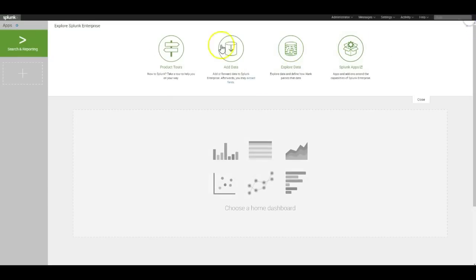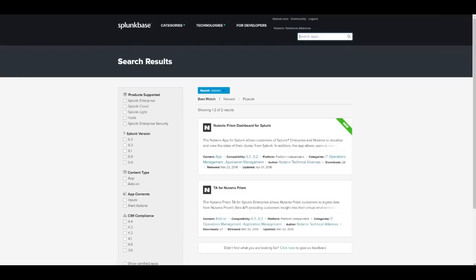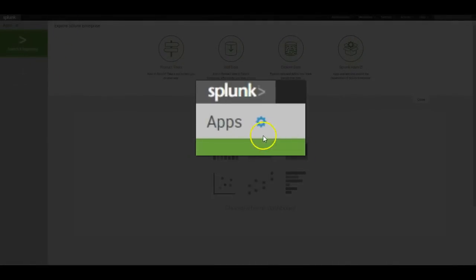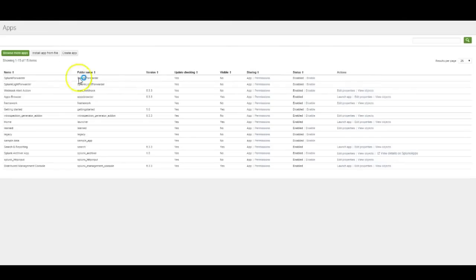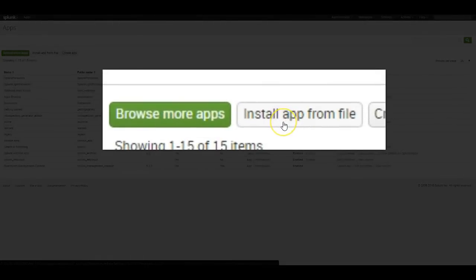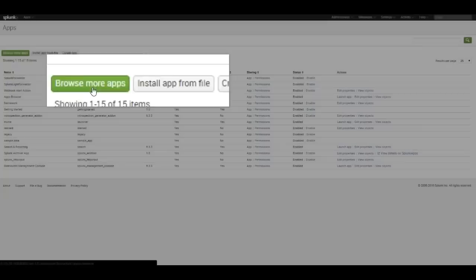Be aware there's two ways to actually install our app onto Splunk. One way is to go directly to the Splunk-based App Store. Again, you do have to have a login and download the Prism Splunk app and the actual TA. And then once you log into the main Splunk dashboard, you click up in the upper left-hand corner next to apps, there's a little sprocket. And what you'll notice in the middle up here in the upper left is install app from file. You can do it that way, or the other way to do it is to browse directly to the App Store and directly install it right into the instance, which is the way I'm going to do it,